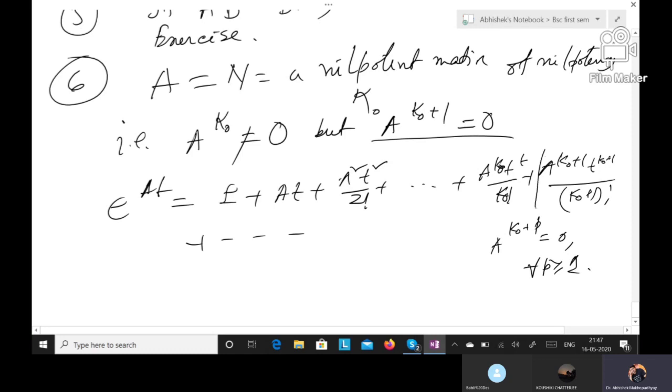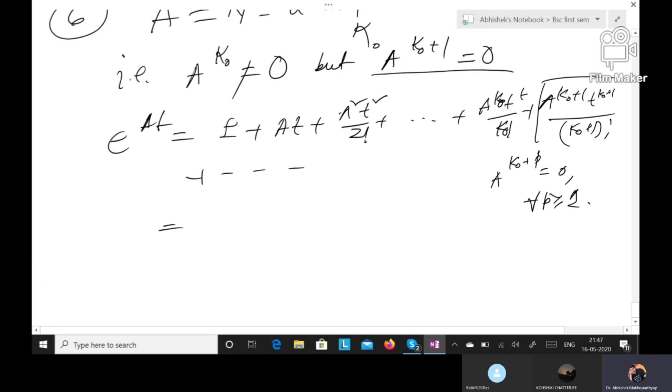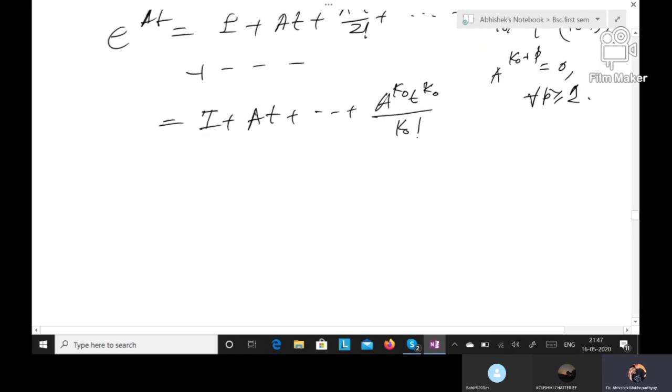So after this term, each of the terms is 0. That means the expression remains I plus at plus dot dot dot a to the power k naught t to the power k naught by k naught factorial. So this is the sixth property. And the last one is